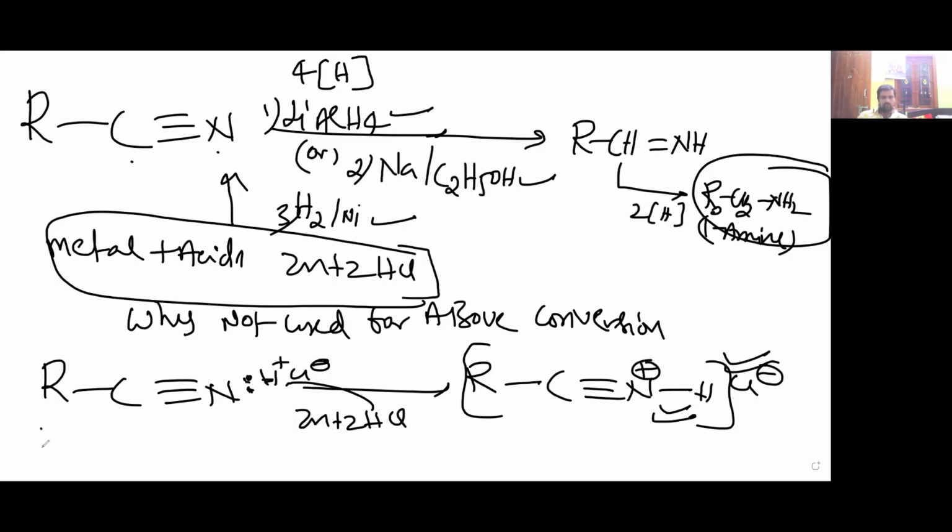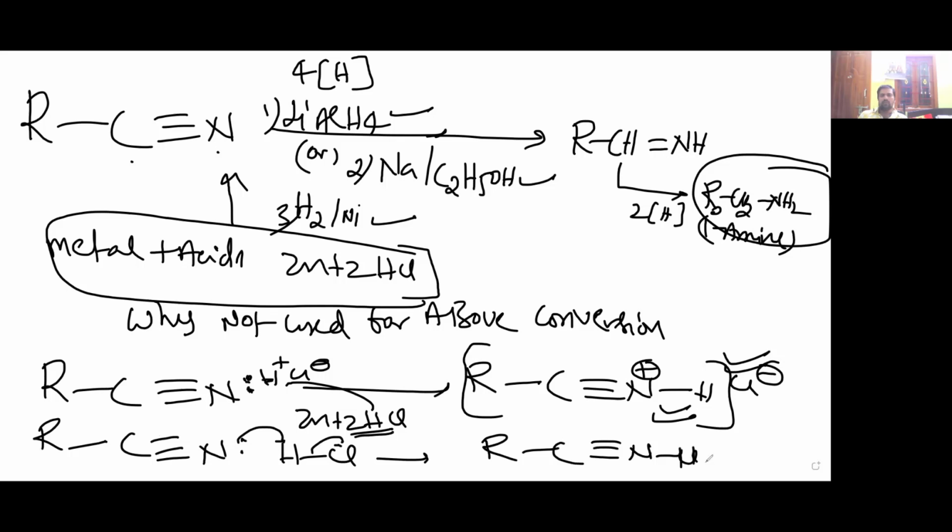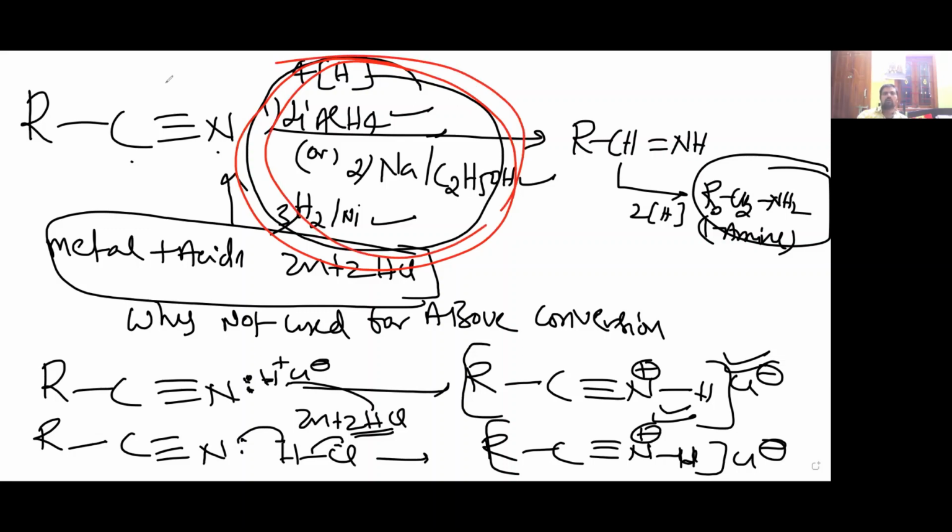So I will tell one more thing. In metal acid, acid is there, no? So first, in metal acid, the acid HCl protonates. Then you are going to get R, C triple bond N, H, Cl minus. It forms like this. So then there is no chance to form the primary amine. That's why, very important, these 3 reagents only are applicable. Please keep remember these reagents only you have to use. So sodium ethyl alcohol is only a metal acid, but it is weakly acidic.